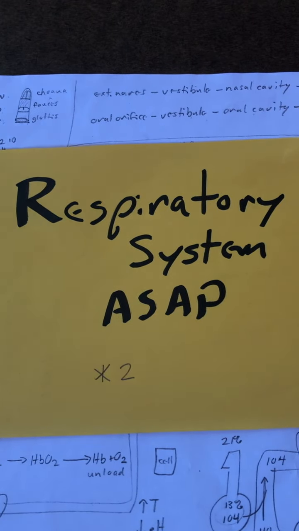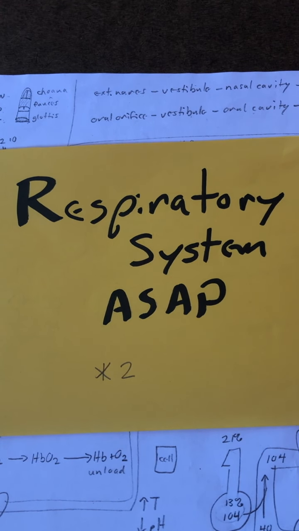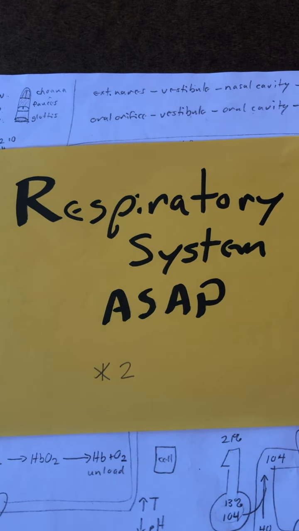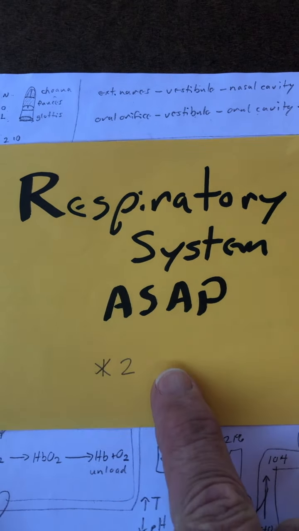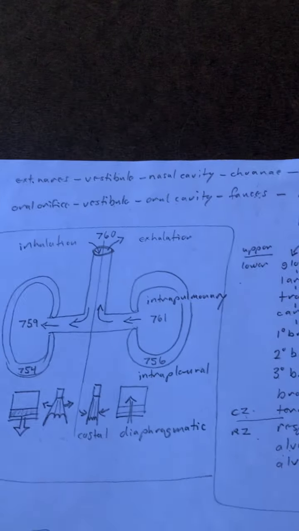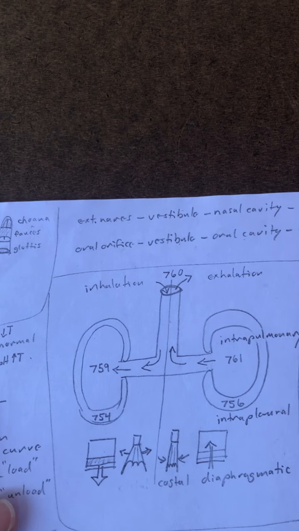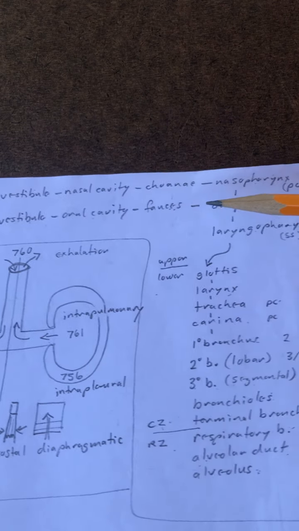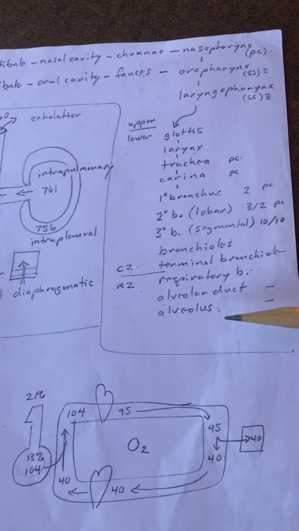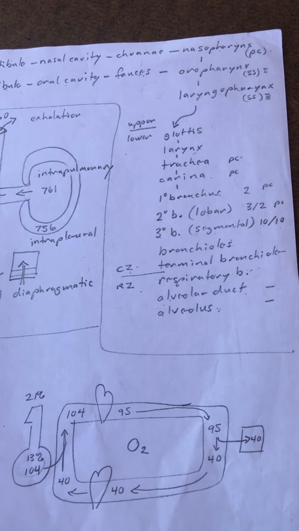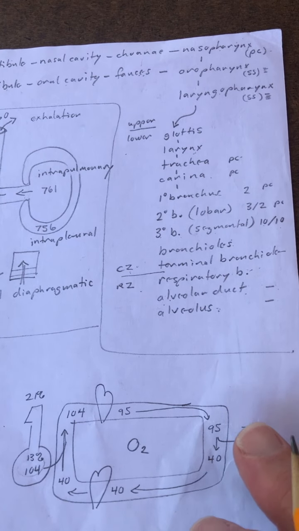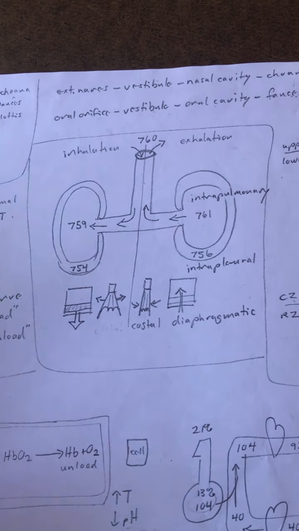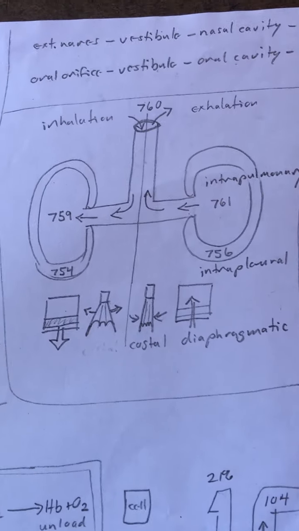Respiratory system review, as simple as possible, awkwardly simple anatomy and physiology. And this is our second review. Last time we talked about the plumbing, the passageway, the vents, so to speak, that got the air down there where you can begin to start exchanging respiratory gases between the air and the blood. This time, let's say something about the mechanisms that actually cause the air to move in and out, particularly in